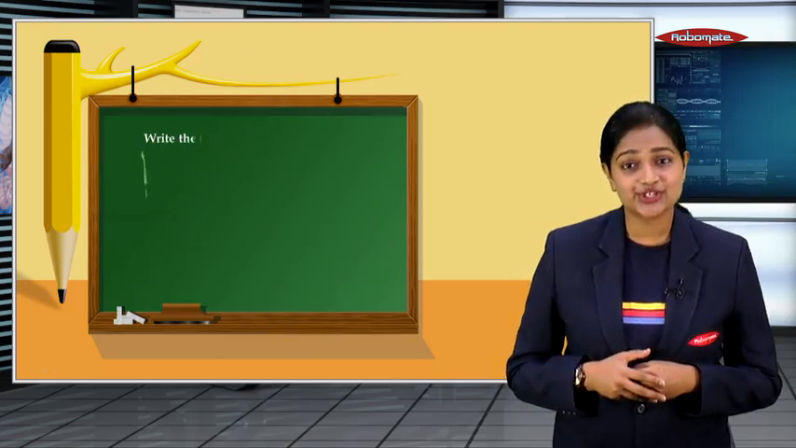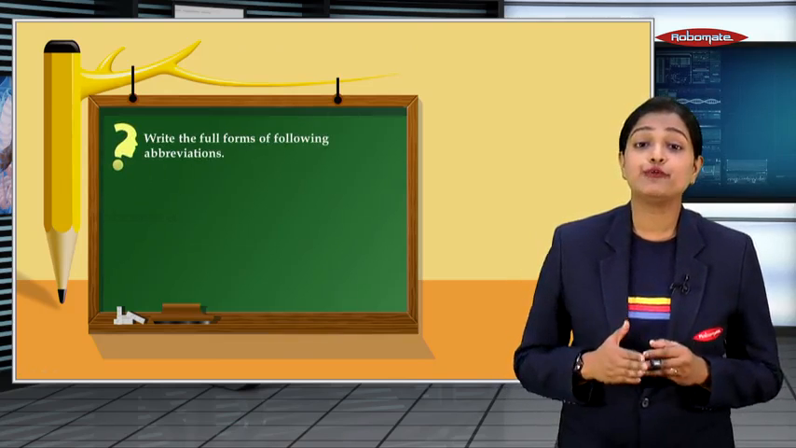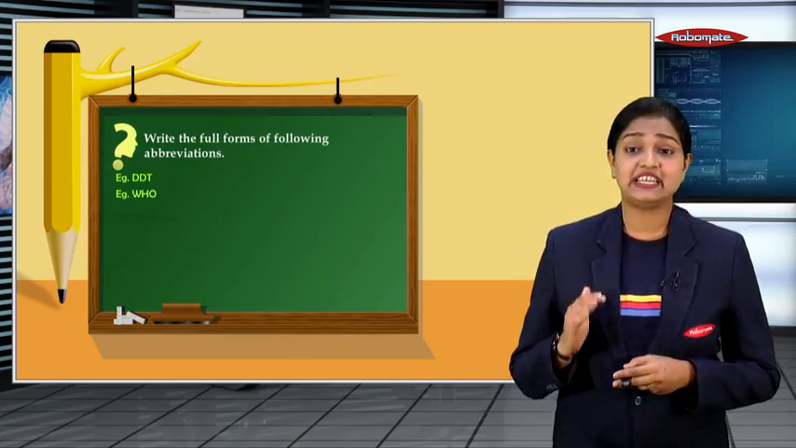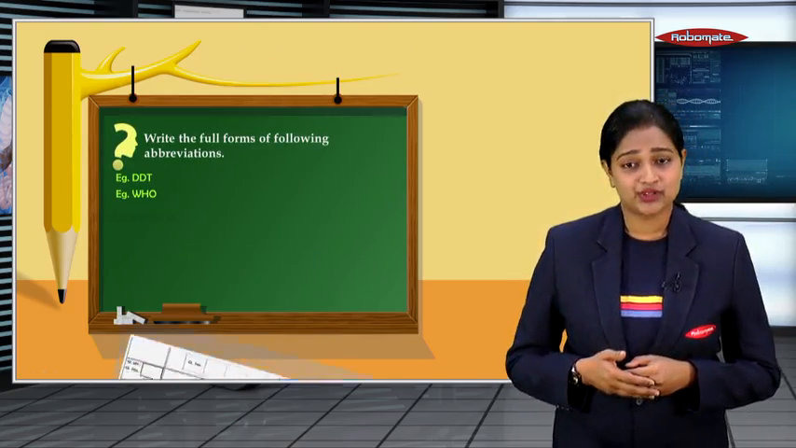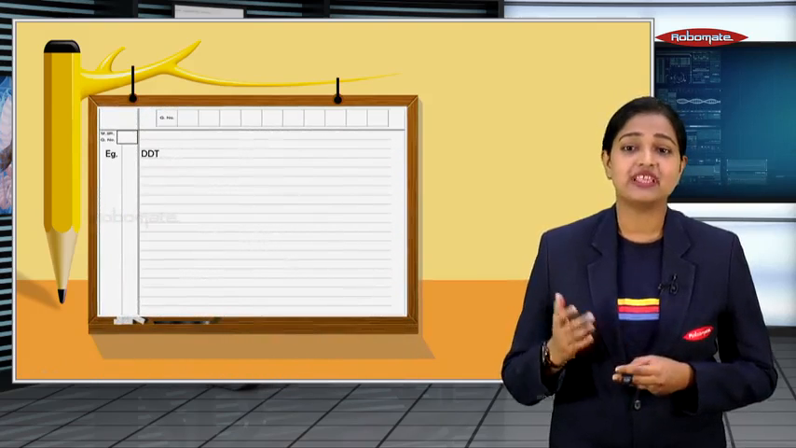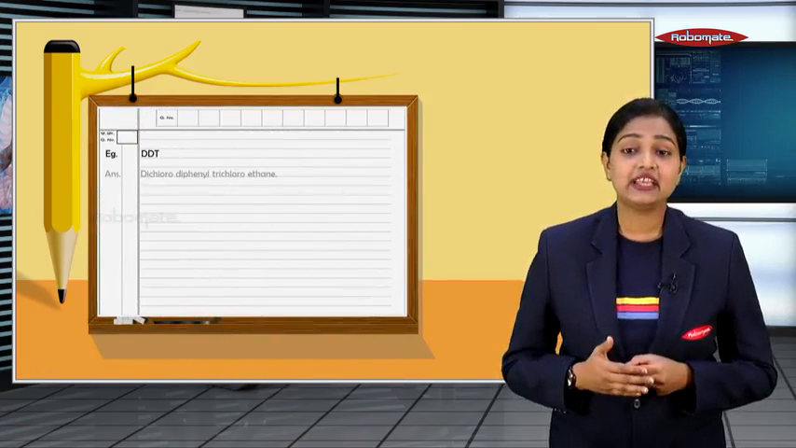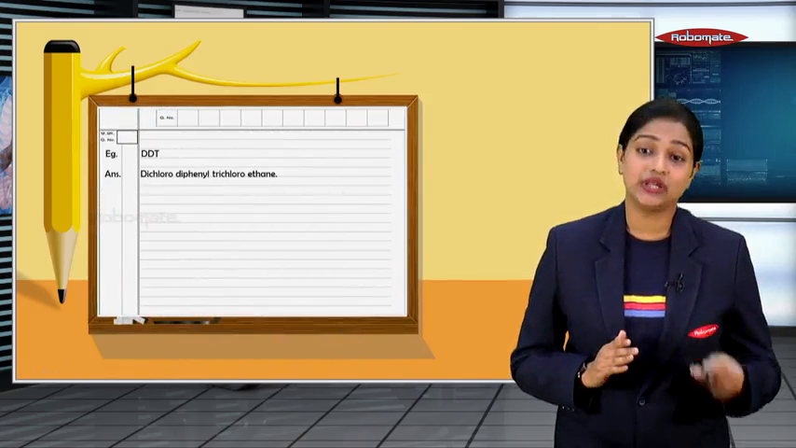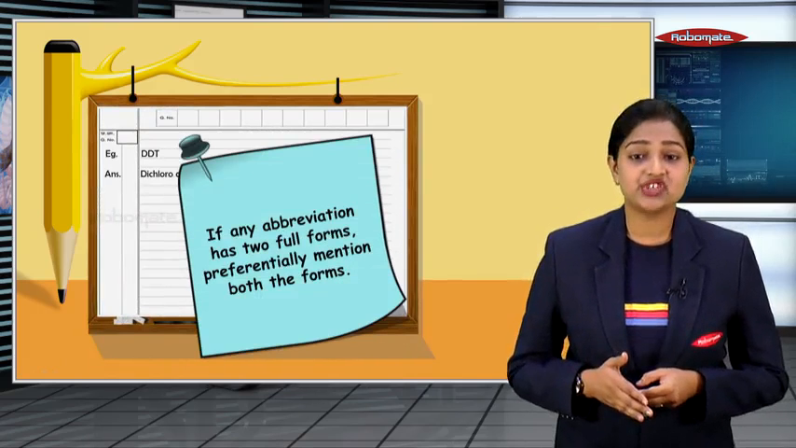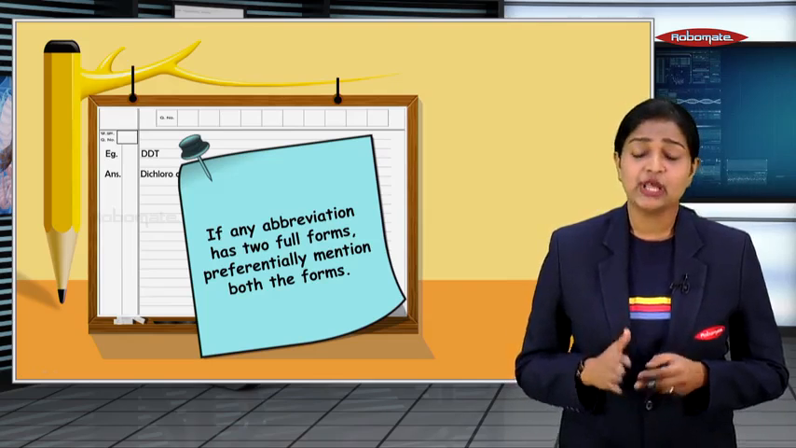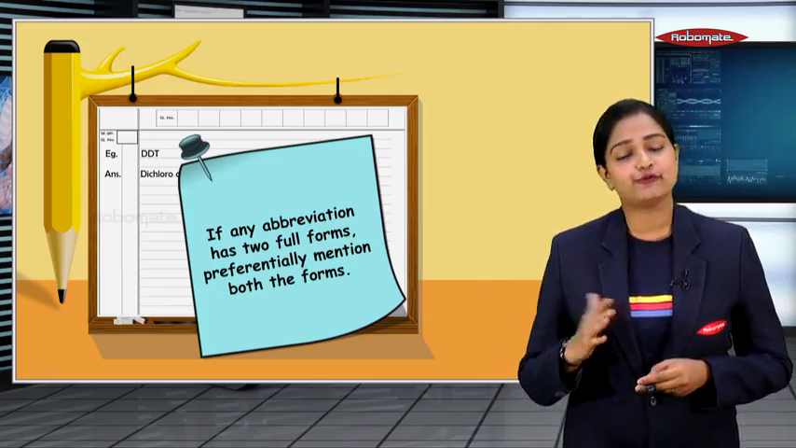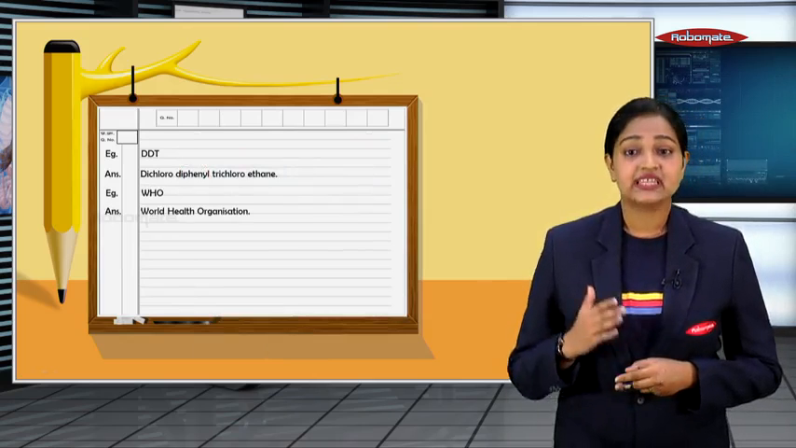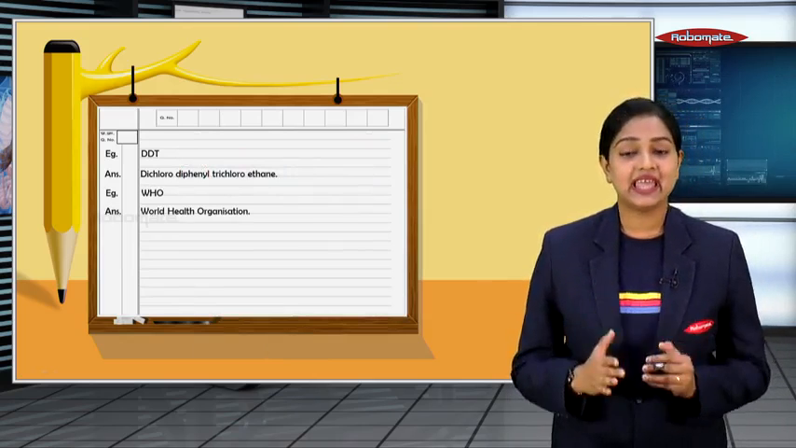Moving ahead to the next question, write the full forms of the following abbreviations. Examples are DDT, WHO. Let us see what the full forms of these abbreviations are. DDT, the full form is dichloro diphenyl trichloroethane. If any abbreviation has two full forms, preferably mention both the forms. The second example, WHO, the answer will be World Health